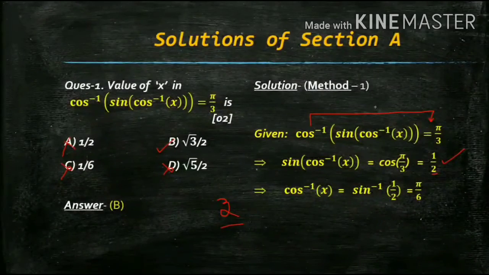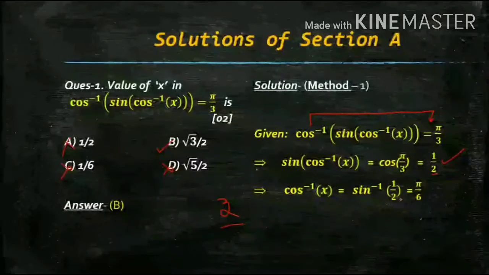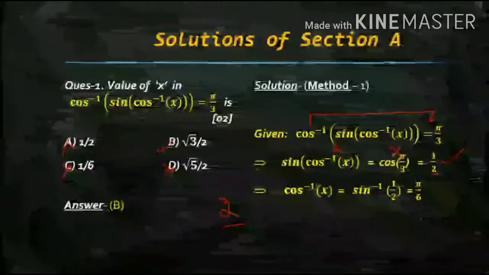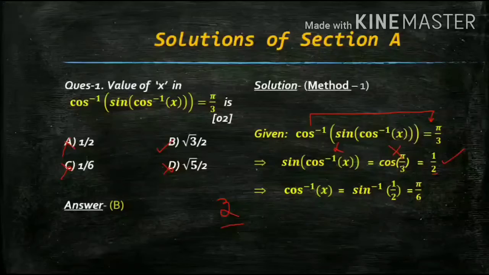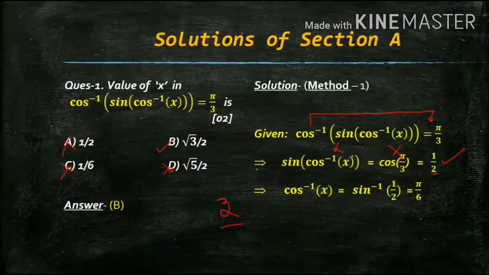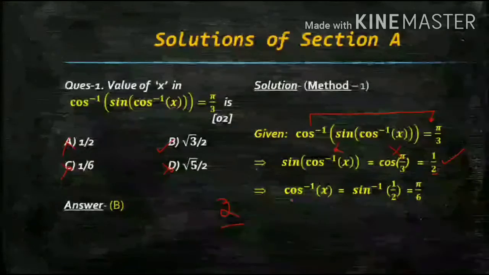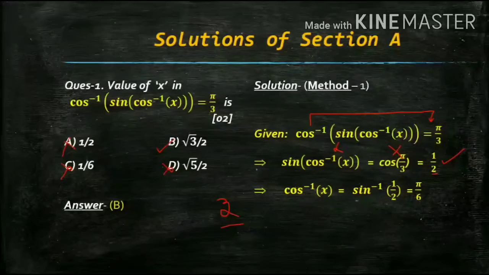Now, let's move to the next step. As I take cos inverse to here, I can also take sine over here. So then I would be having cos inverse x equals sine inverse half, right? You remember this expression? Sine of alpha equals x. As I told you, whenever you would be having sine of alpha equals x, you can just totally take alpha as sine inverse of x. This is the same expression as we did in the second lecture, right? So that means cos inverse x is nothing but sine inverse half. Now you know how to find the value of sine inverse half, right? I told you it's nothing but pi by 6, or you can directly say with the 4 steps that I told you in the earlier classes.